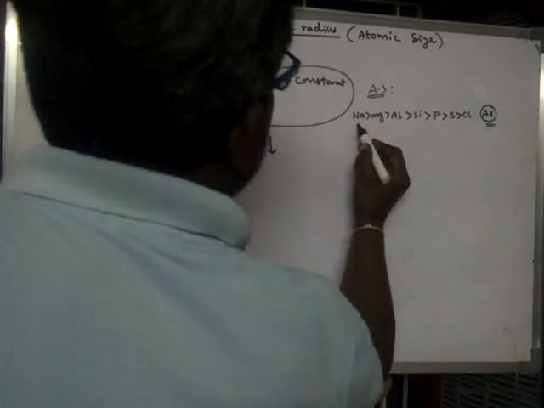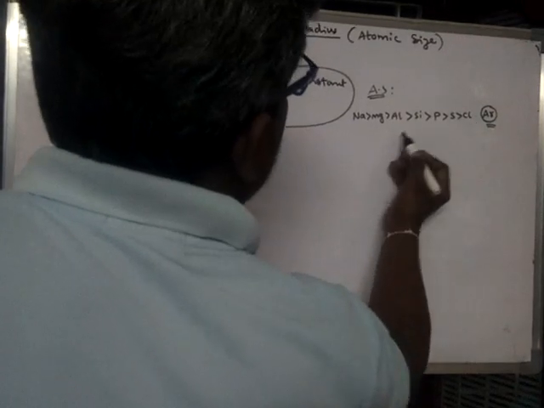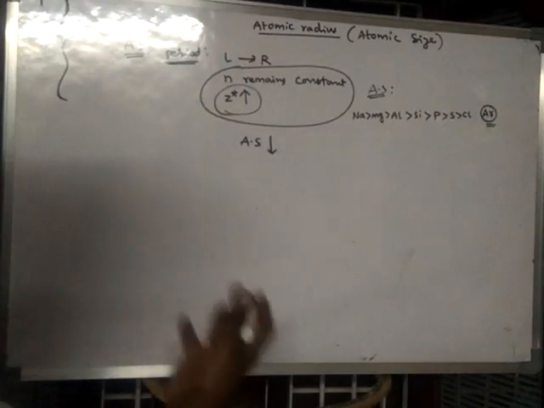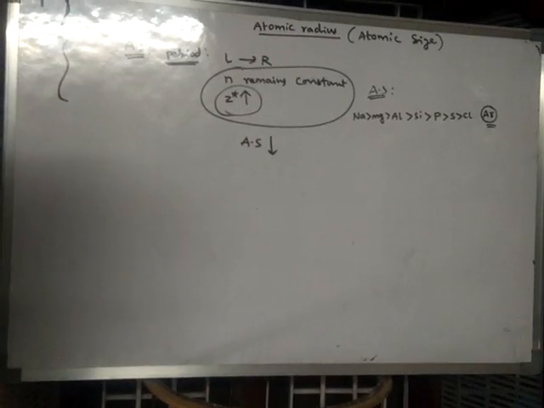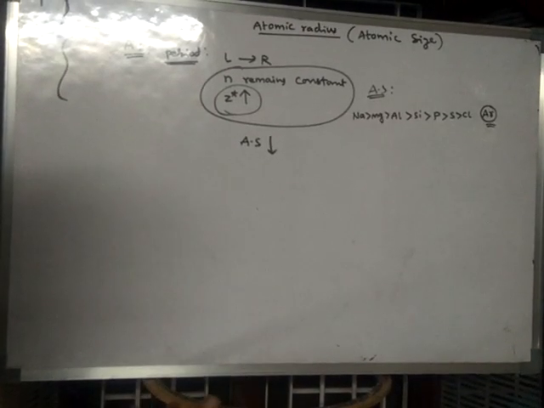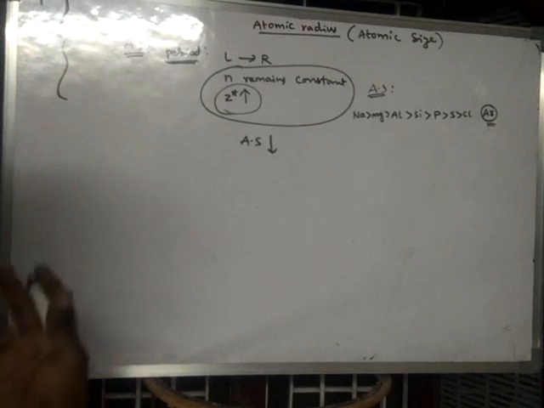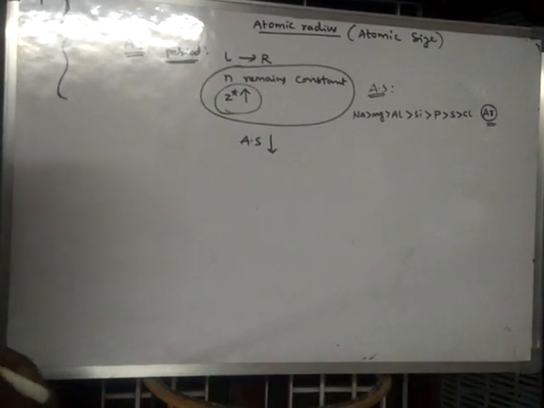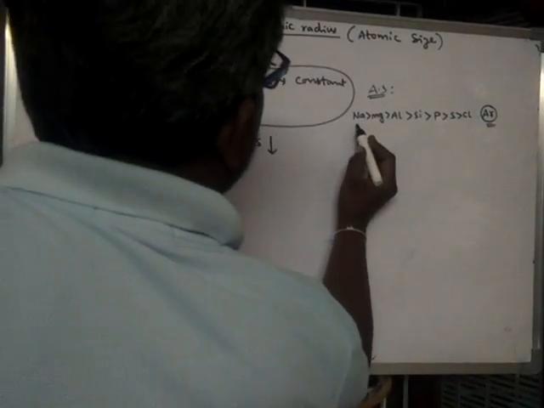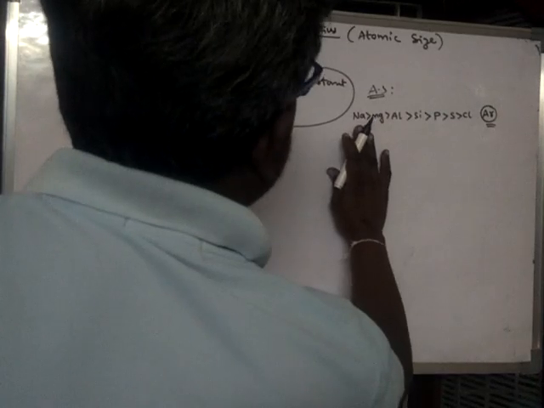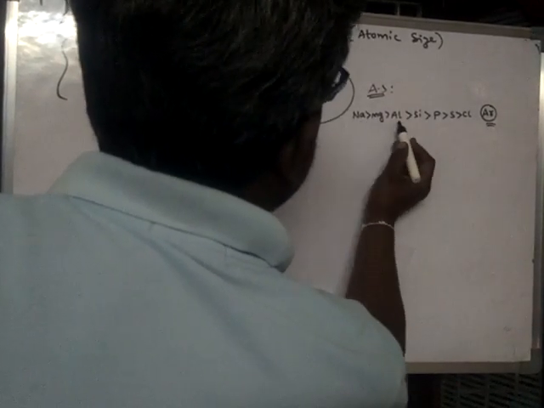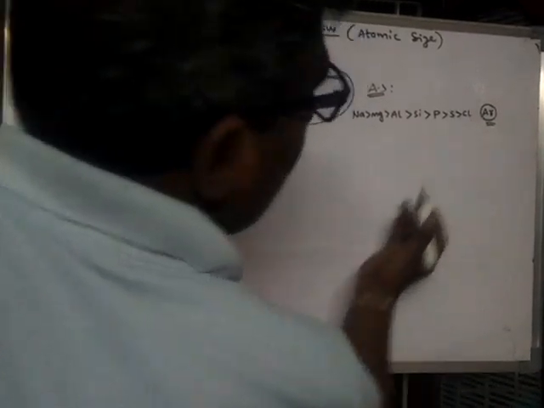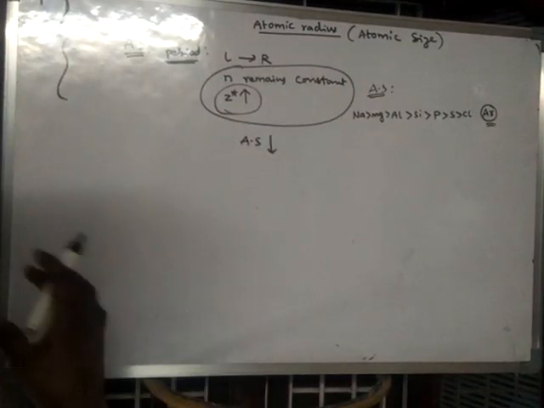So these are metals and these are non-metals. Non-metals have a smaller size because non-metals possess covalent radius. Covalent radius is the smallest radius out of all three types of radius. So as we move from left to right, from sodium to chlorine, the size gradually decreases, and chlorine becomes the smallest in the third period.